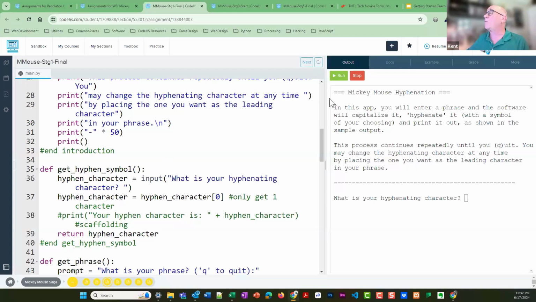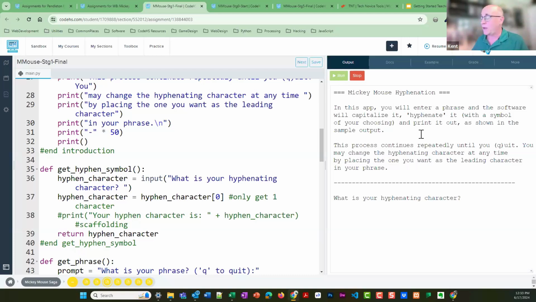Now, if I'm Henri, and this is how I teach my kids early on to try to break things. And actually I praise them when they break my code. And that happens every stinking day. But then we fix it, or I say, that's your assignment. You found the problem, you fix it. But at any rate, what's your hyphenating character?